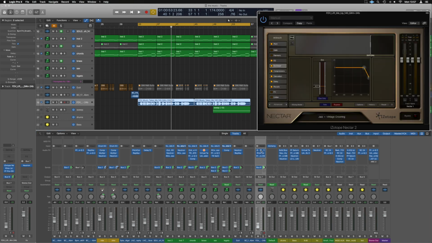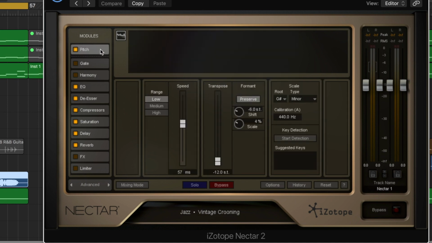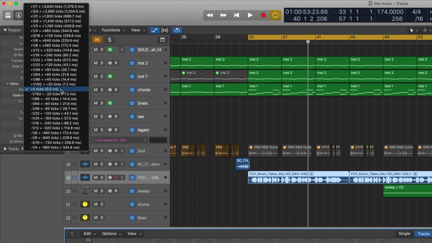And obviously we've got Nectar. Now, just a quick breakdown on how Nectar works. On the left-hand side, we've got a signal chain, and right at the top, we've got this pitch section. And in here, I've swapped the range to lower, given the speed of 57 milliseconds, which is probably relevant to something. Let's have a look. Yeah, so 1/24 is 57.5 milliseconds. So it's going to be changing that speed and pitch approximately in time with the track every 1/24.